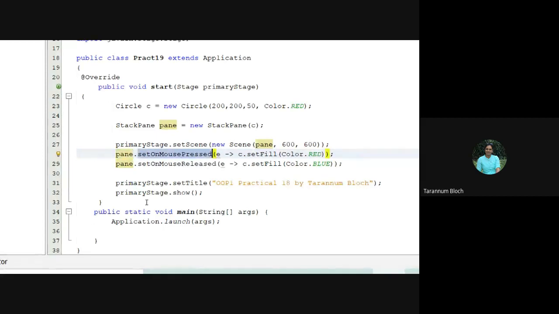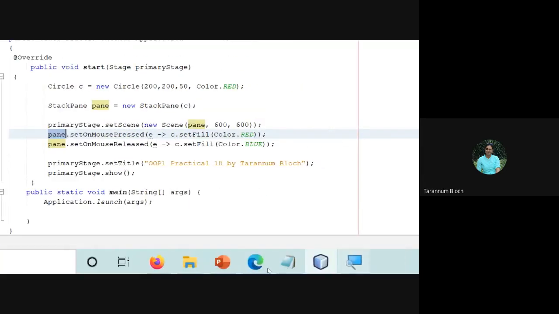When this is happening, this is the event; mouse press is an event. And when it is happening, go to the event handler E. What we are doing is filling the circle: circle dot set fill color red and circle dot set fill color blue, and we are setting this up on the stack pan.